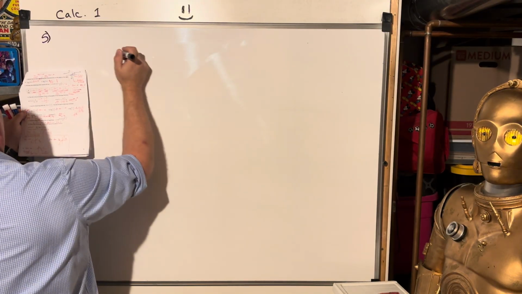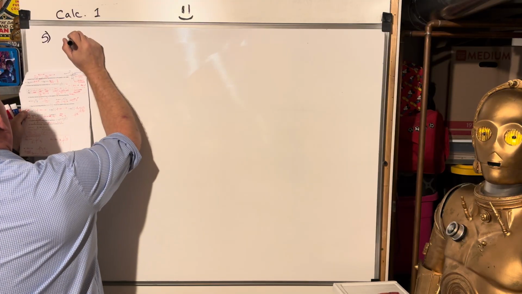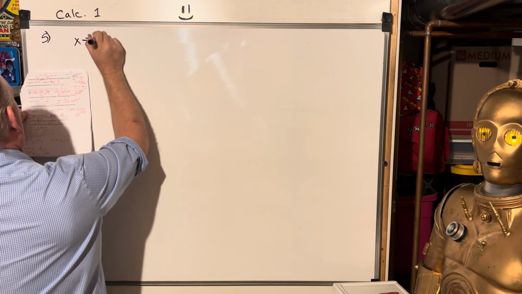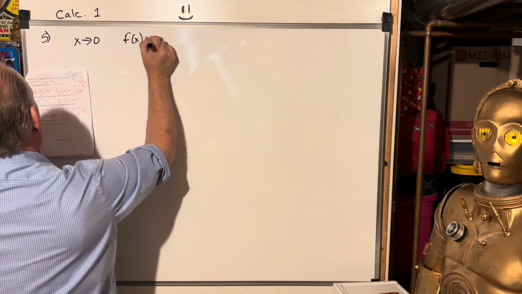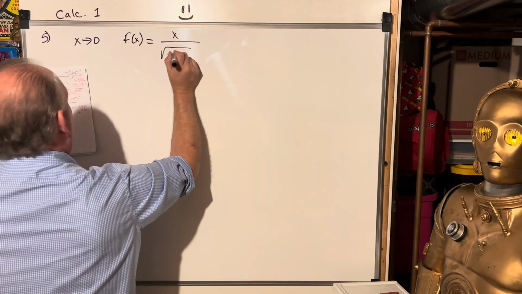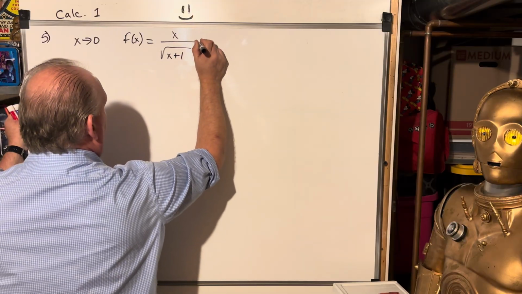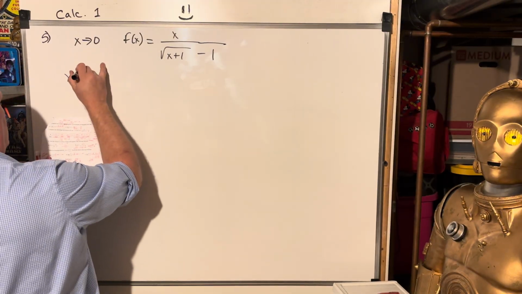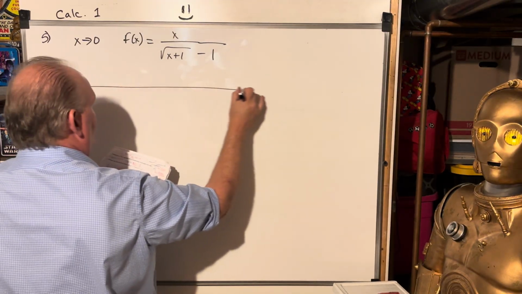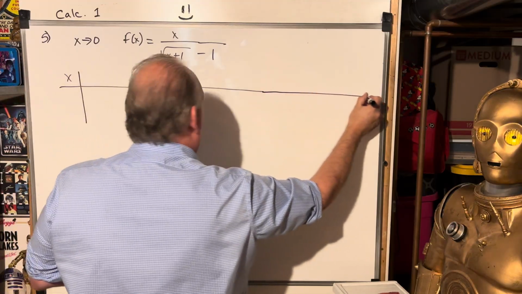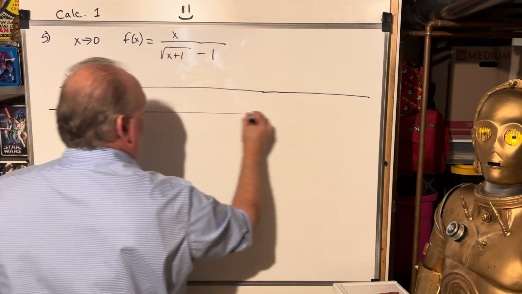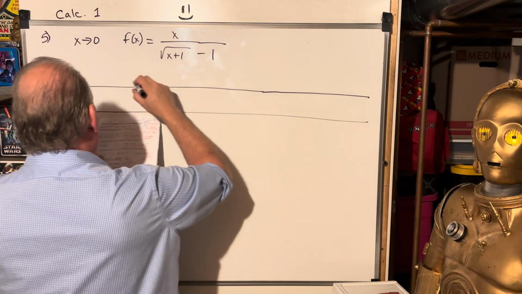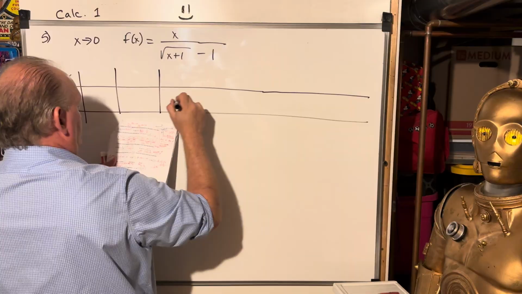So number 5 is filling in this chart. They want us to do it numerically as x approaches 0, for f of x equals x over x plus 1 minus 1. On the homework, you had to do these a bunch. So we've got x and y, and they want here, we'll